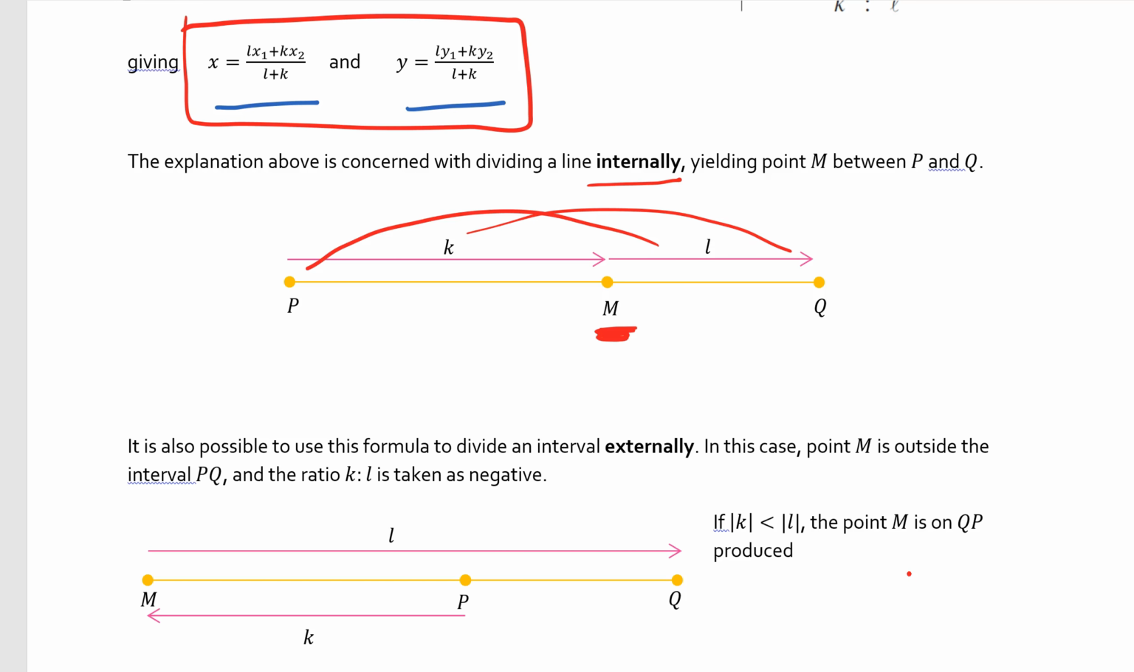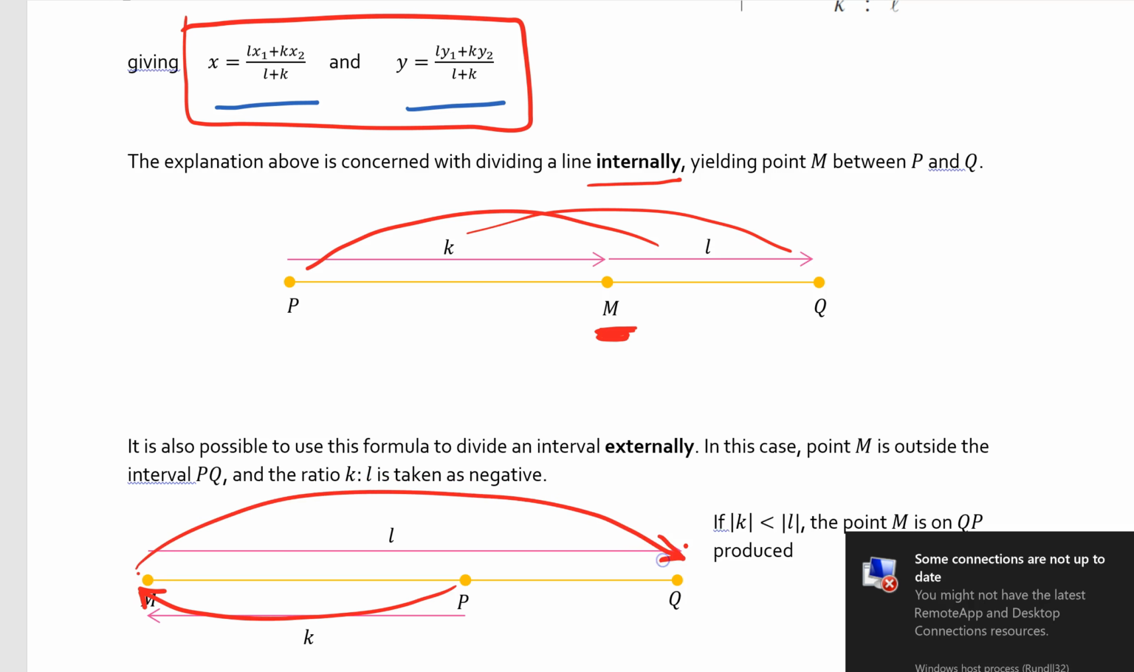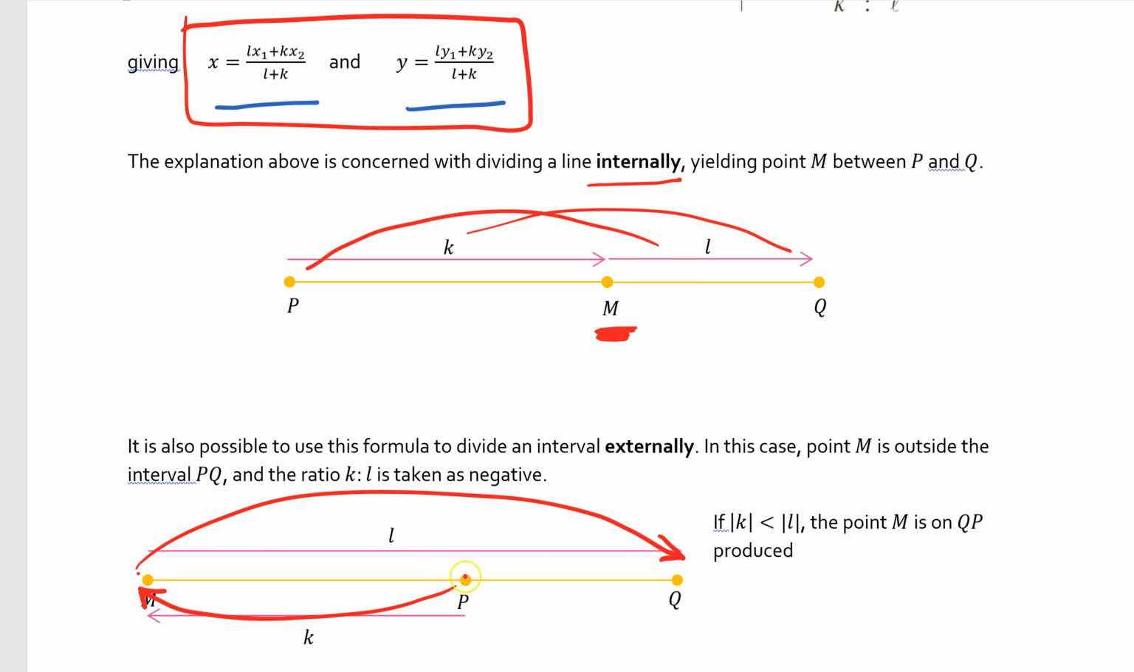So if I take the ratio as being K to L for an external division, then I go K this way and L across this way. So I multiply the coordinates of Q by K, and then I multiply the coordinates of P times L, and because I'm changing directions here,